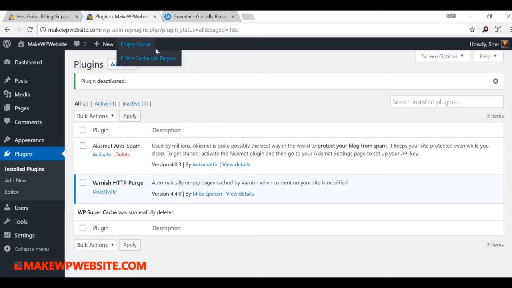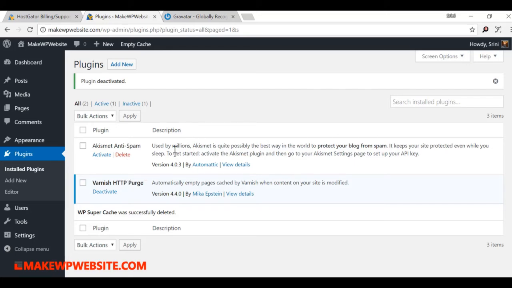So I want you to use this plugin whenever your site changes are not being reflected. You make a change and then you go to the browser, and you don't see the change. One thing I want you to use this plugin for is to keep emptying your cache. Once you do that, your new pages get loaded. So we'll work with these two plugins.